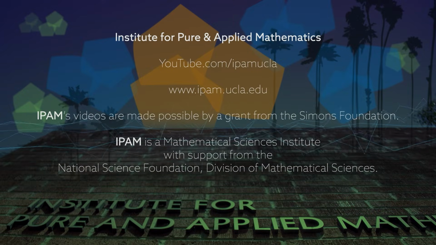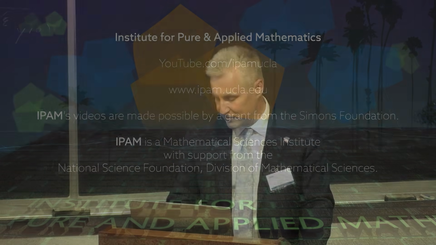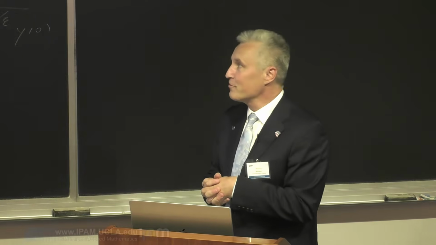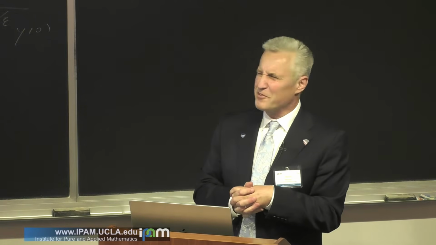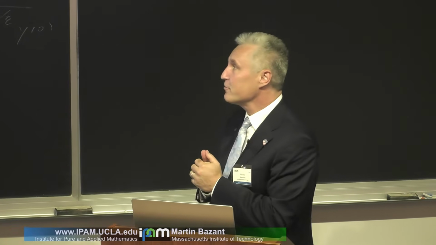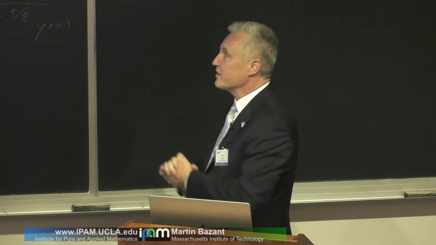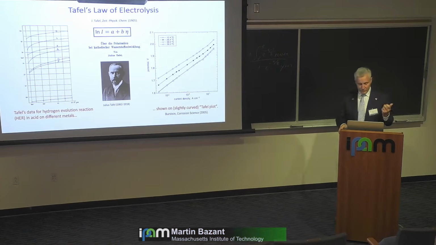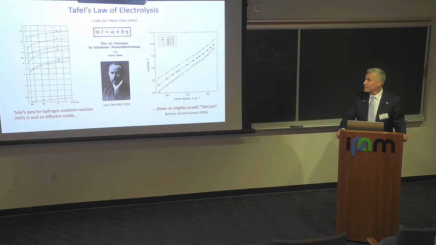I'll begin with a history of charge transfer theory, very brief, of course, starting at the very beginning. So perhaps the first paper on electrochemistry, maybe not the very first, but the first on electrochemical kinetics, perhaps, was Tafel's law, or Tafel's paper in 1905, which led to the measurements for hydrogen evolution in acid, suggesting or showing a linear relationship between the log of the current and the applied overpotential, so the departure from equilibrium for that